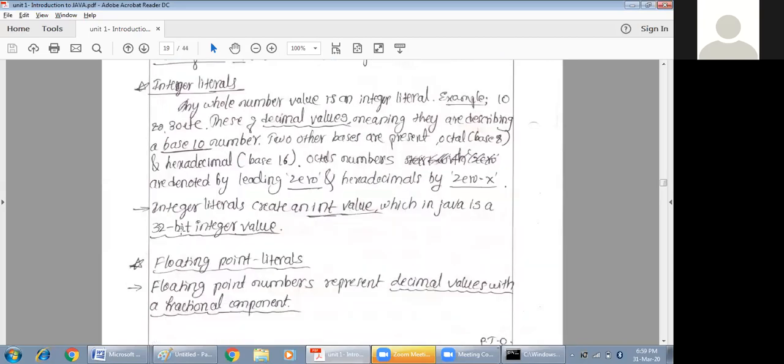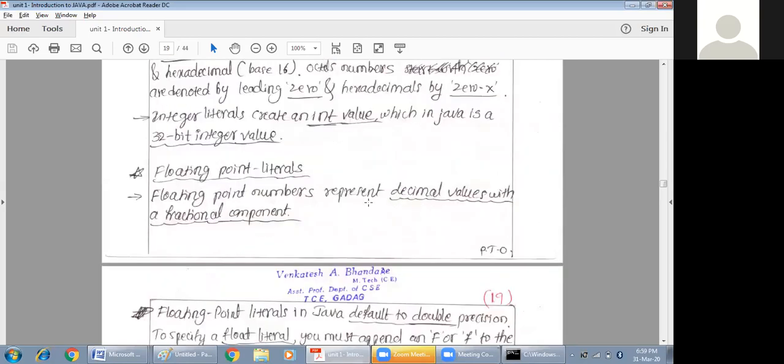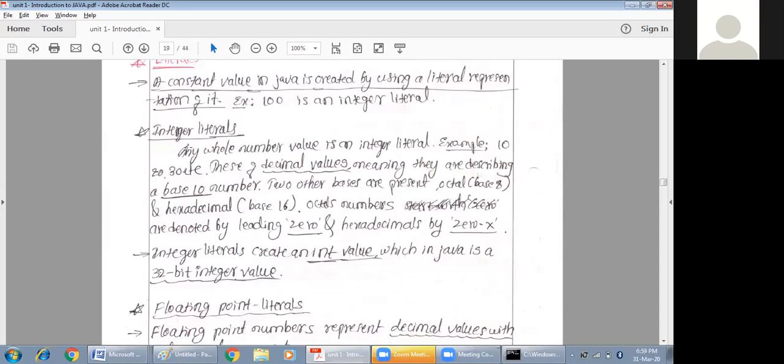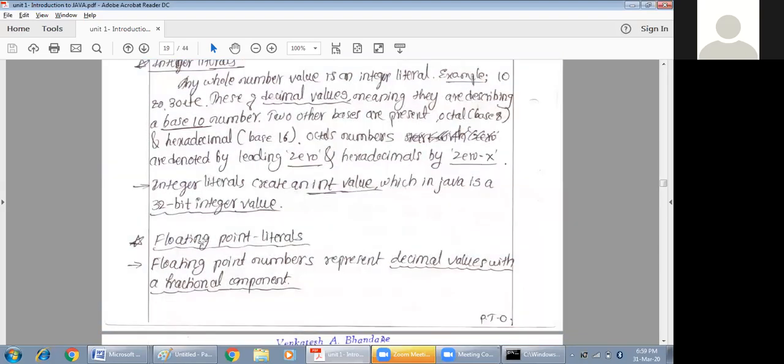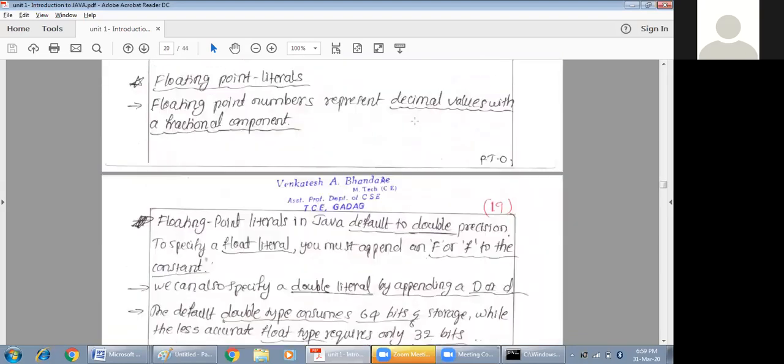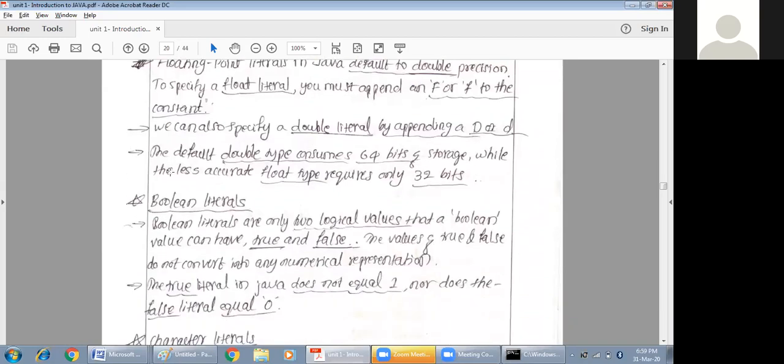If you are talking about floating point, then you are talking about decimal values. A Boolean literal must have either one of two values, true or false.